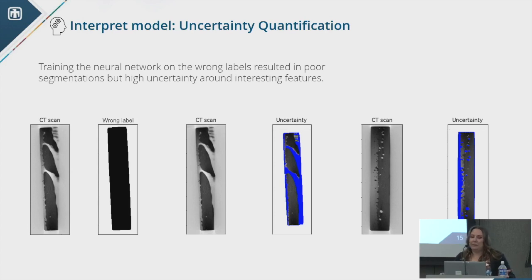We need more. But because I had uncertainty implemented, I also looked at the uncertainty and saw that everywhere there was a defect, there was a high uncertainty in the prediction. So that saved my day a little bit. Then I wondered, well, how is that possible? So then I looked and saw what I did, and I actually retrained, and now we have a very nice segmenter for this particular example. But that's the point: it didn't take a lot of effort to add dropout and make it active during inference. It takes a couple of lines of code to get a distribution. Yes, you have to collect a few inferences, but it saved the day, right?